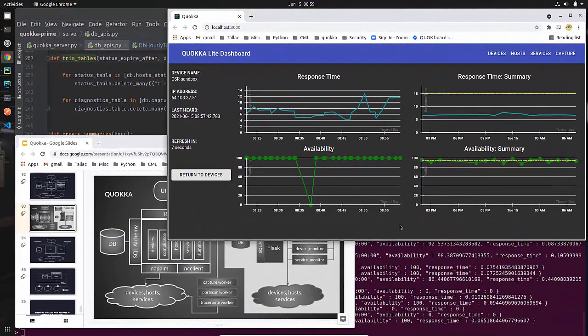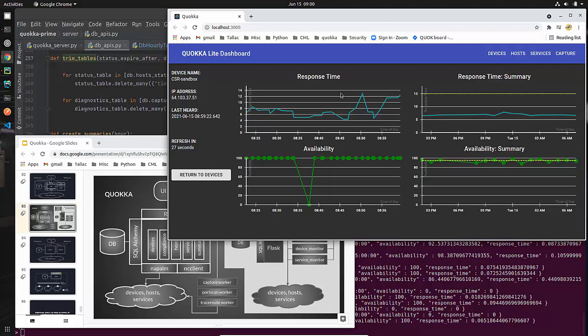So I described summaries there. I meant to describe trimming of data, but let me do that now. The basic idea is this. This data is coming in every minute for every service, for every host, for every device. Now, over a short period of time, a couple of weeks or whatever, that's not going to have a huge impact, but a real legitimate implementation would want to be getting rid of the older data, especially as we have it summarized here. So what I did also is I'm trimming away old data from these tables in the database.